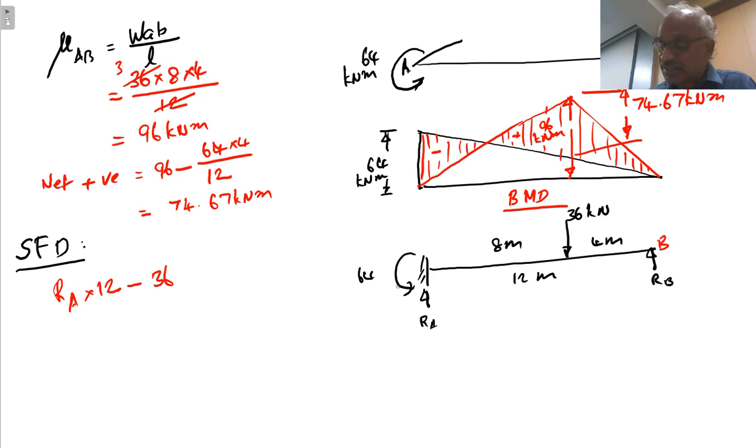Now there is a moment at the support, so that also you have to account for, minus 64 kilonewton meter, minus 36 into 4 minus 64 equals 0. On solving this,